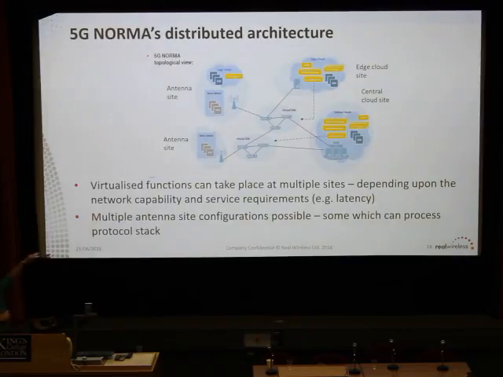Now we're actually going to have different types of capability. We're also going to be able to process service layer functionality at the edge. We're going to not just process at some sites, we'll be able to process the entire protocol stack, including having server-type applications at the edge. And if there's extra capacity in some of those sites, we might not have to go all the way into the core network in order to access it. We can go via any connectivity there to use the infrastructure that's available.